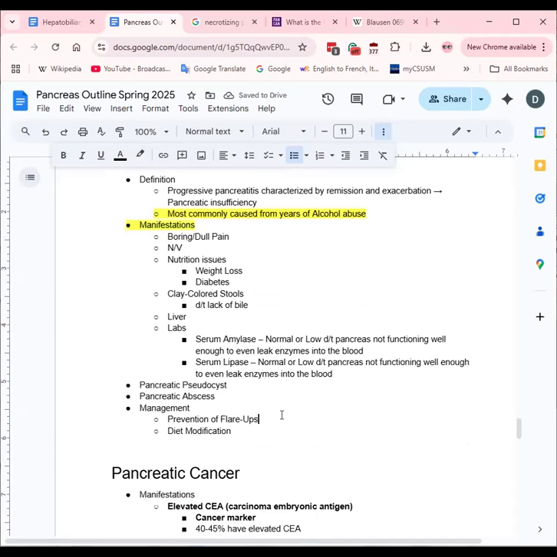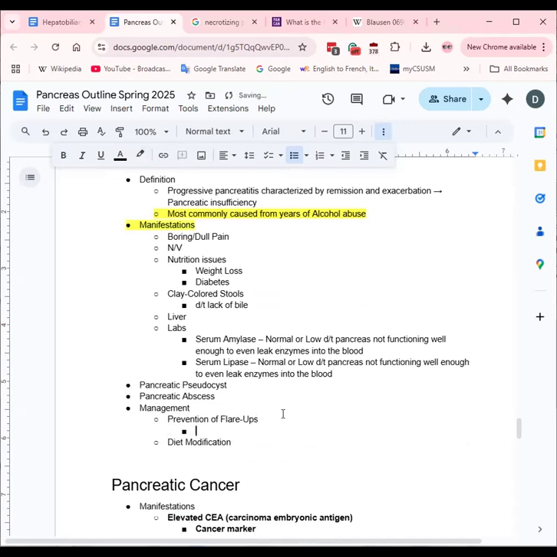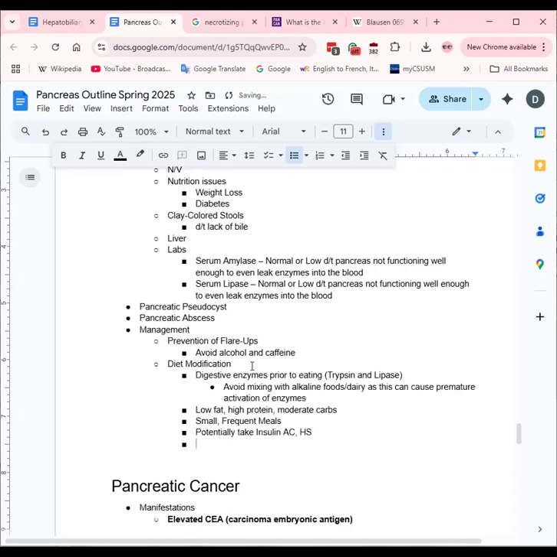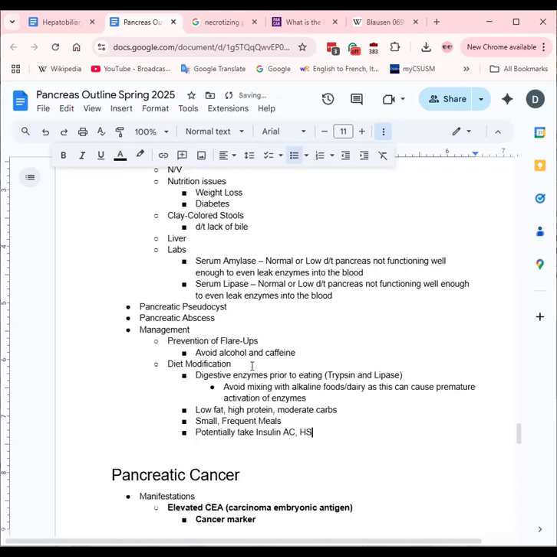The management to prevent flare-ups: these people are going to have to avoid alcohol and caffeine. They're going to have to modify their diet. So the way to do that is they're going to need to take enzymes. They're going to need to take some of these enzymes before eating, in order to be able to